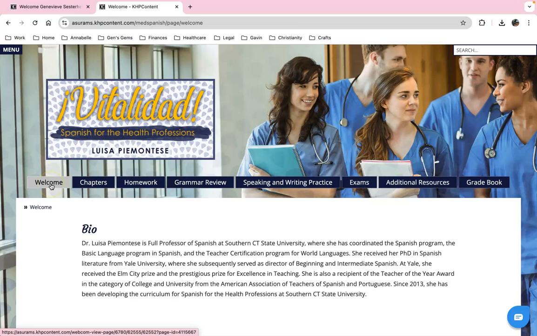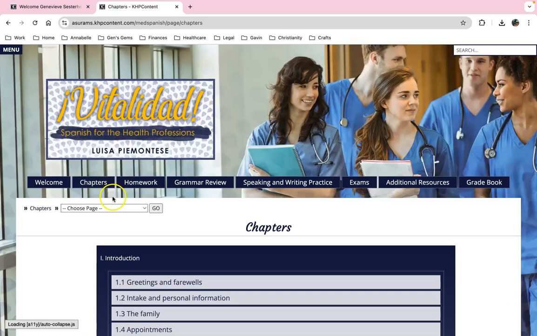There's a welcome page, about the author, the chapters, homework, grammar review, speaking and writing, exams, additional resources, and your grade book. So let's go through those. The welcome, we'll go ahead and skip. You can look at that if you'd like to, but the chapters, let's look at the general layout of the